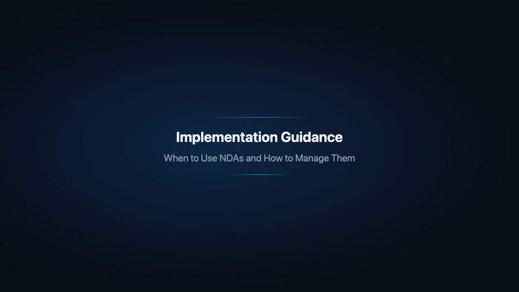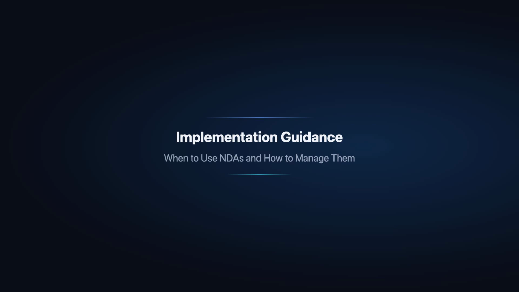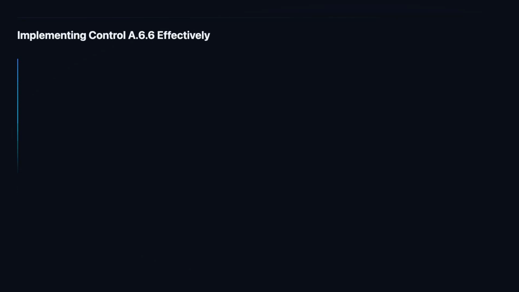Now let us look at how to implement an NDA program that ensures confidential information is legally protected across all the relationships where it is shared. Effective NDA management requires pre-approved templates, clear triggers for when NDAs must be signed, a central register, and periodic review